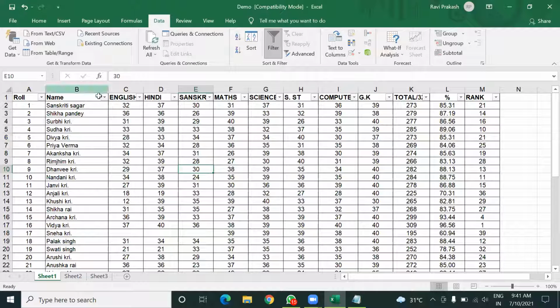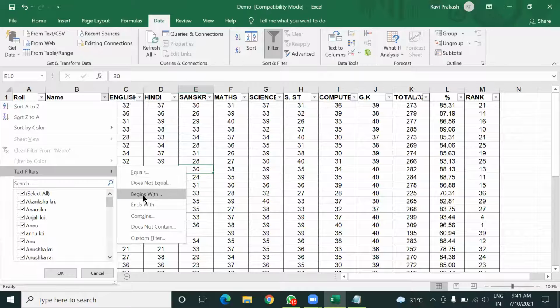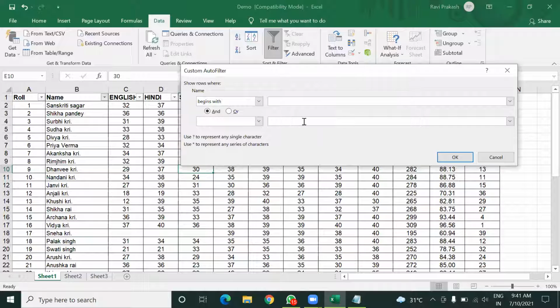Again, I'm going to use one more filter, this one, begins with. It means if you want to see the records of those students whose name begins with a certain alphabet. For example, I want A. I put A here.